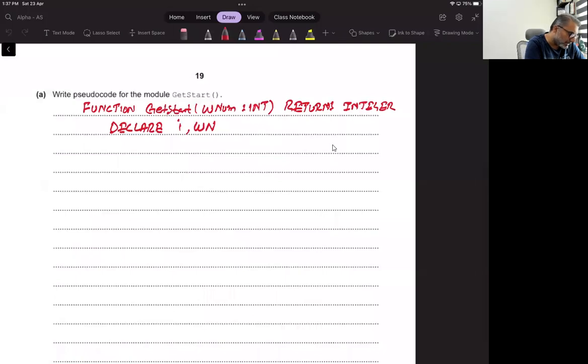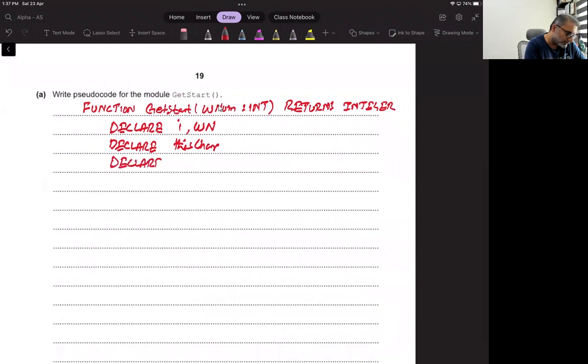And then we will declare this character, which we will use to read a single character. Okay, so our idea will be that we will be actually reading every character. As soon as there is a space, we will increase the word number. As soon as we have word number which is equal to the word number that is being received, then we will return it. Okay, and then let's have